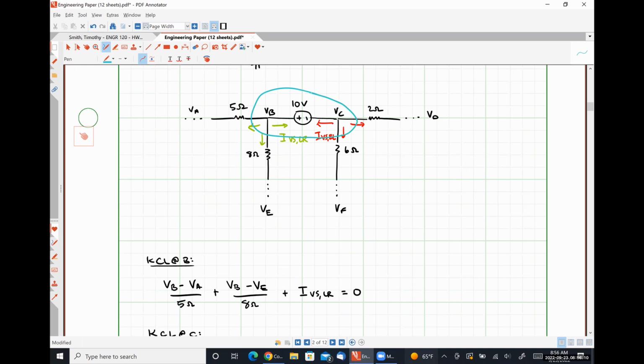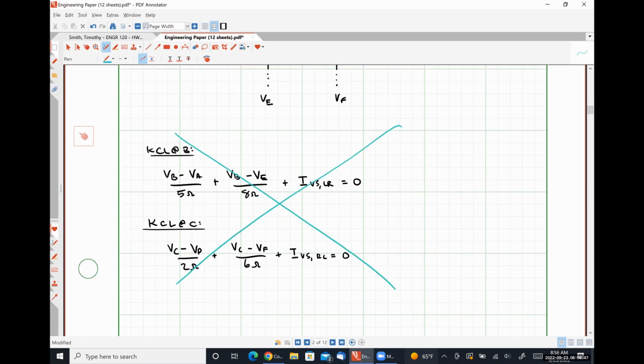So when we combine these two KCL equations, effectively what we are doing is adding together all of the currents that are leaving this supernode containing nodes B and C simultaneously, with the understanding that the currents flowing through the voltage source are going to cancel each other out, because we're going to have the current flowing from left to right added to the current flowing from right to left, which are equal and opposite. So those terms go away. So we wouldn't do this. We would do